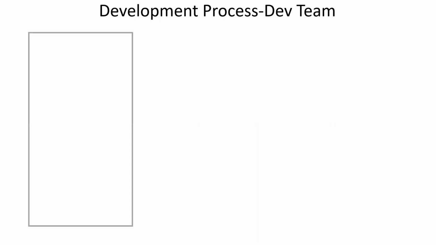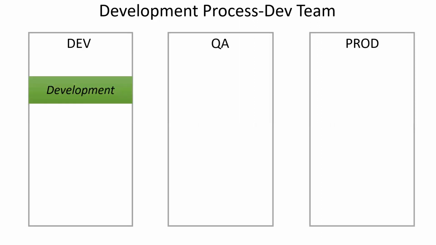So to understand this, as I said, there are two teams that I wanted to bring. One team is the ops team, the other team is the dev team. Let's focus on what the dev team does on a day-to-day basis. If the dev team is given a task, they develop an application. What do they develop? Any software, any application, mobile application, website, portals, anything. They are trying to develop some kind of application.